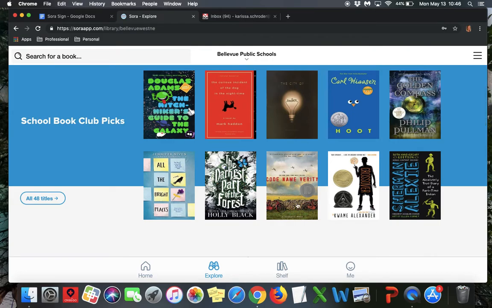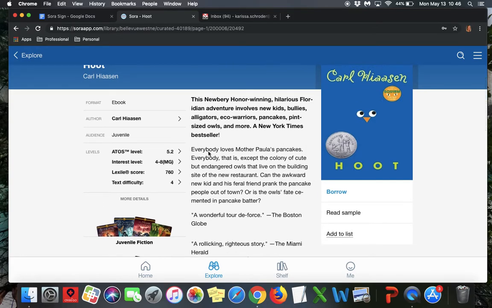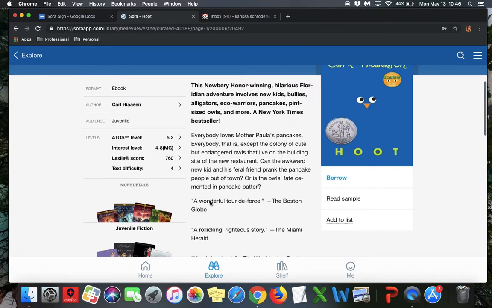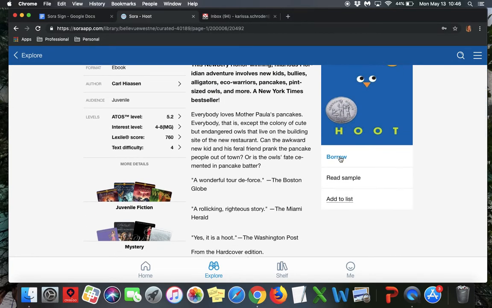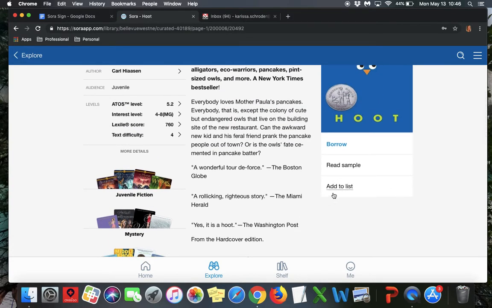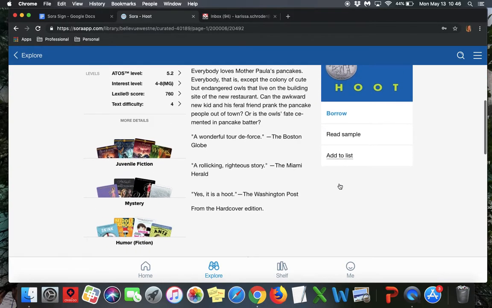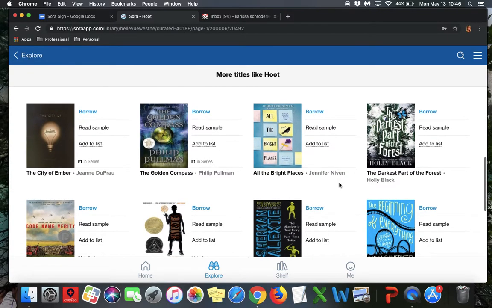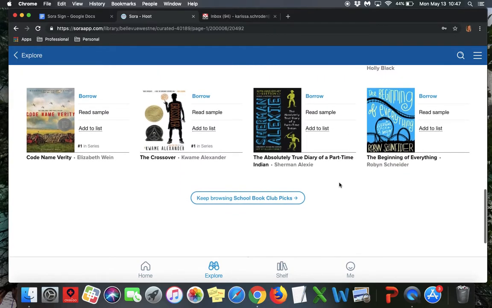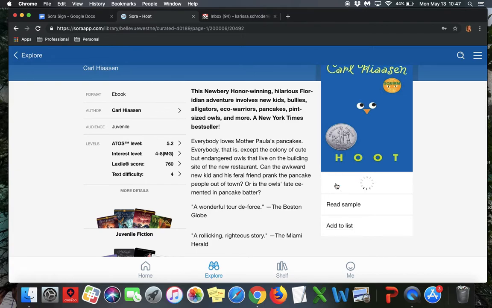And from here you can check out a book if you see one that's interesting to you. So Carl Hiaasen is one of my favorite authors, so if I wanted to check out this book, I click on it. What's nice is here I can read a little blurb about this book, and if I decide that this is a book I want to borrow, then I just click on this book over here and borrow it. You can also read a sample. If you want to read it sometime but not right now, you can add it to a list. That way you remember to read it later. And you'll notice down here there also are other titles like Hoot if you decide to continue browsing books like that. So when you borrow it, you click on this button,